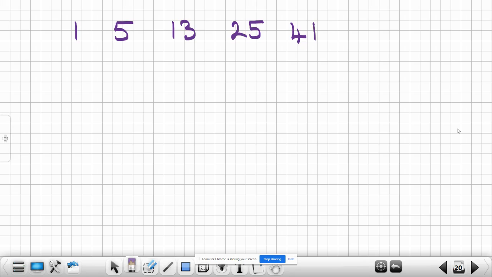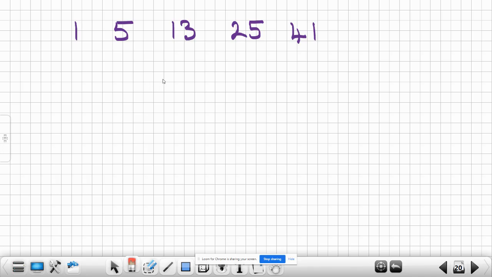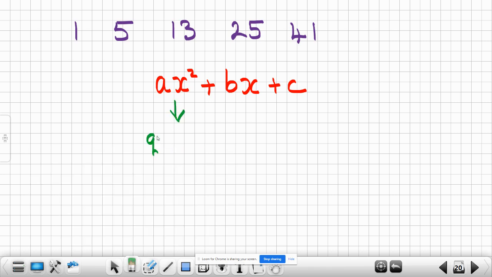This is a continuation on quadratic sequences, and we're now going to look at as complicated as a quadratic sequence gets. So I want you to think about a quadratic sequence, and you should be used to that form, ax squared plus bx plus c. So clearly this is our quadratic,